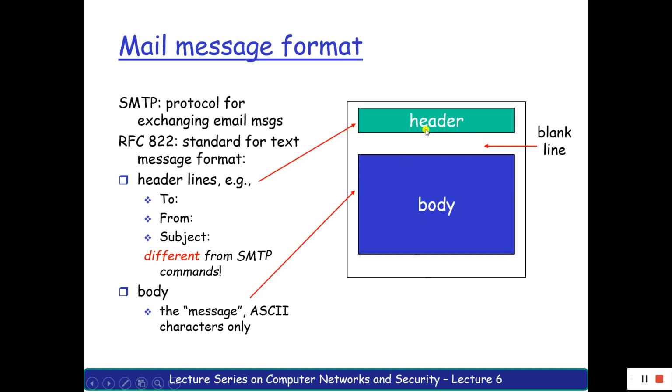The header is composed of three contents. First is To, second is From, and third is Subject. If you go to Gmail and compose a mail, it will obviously give you three headers, that is, To, From as well as Subject. After filling these, your body will be accepted and you can send mail to anybody.